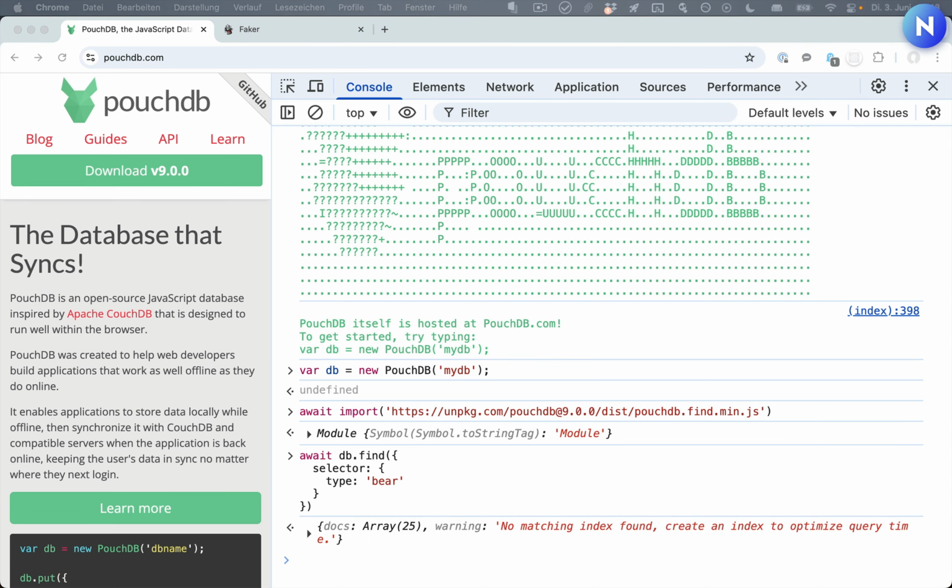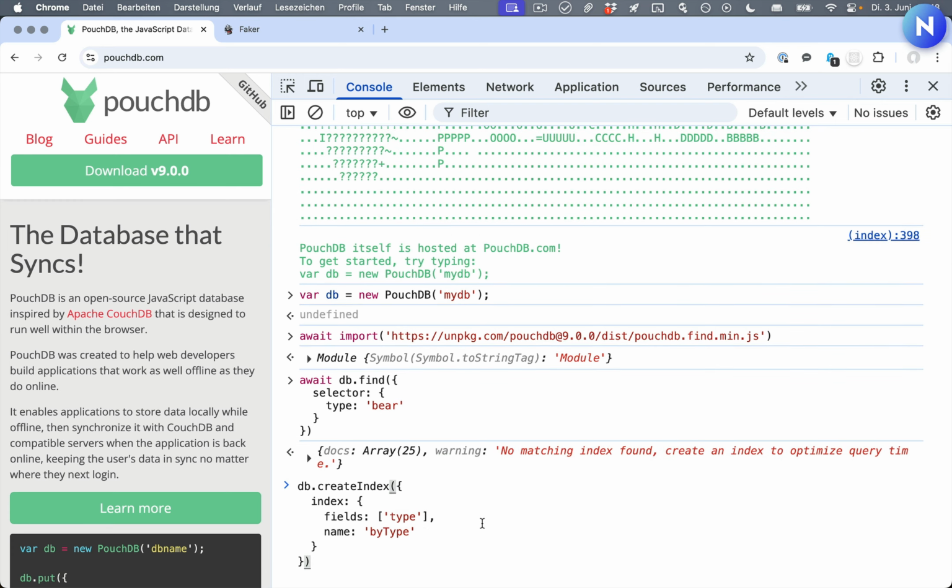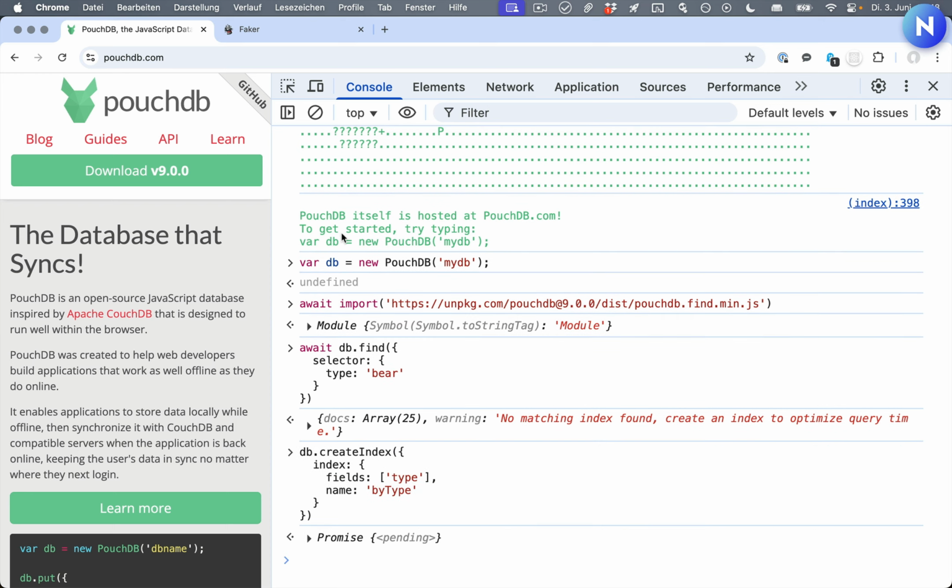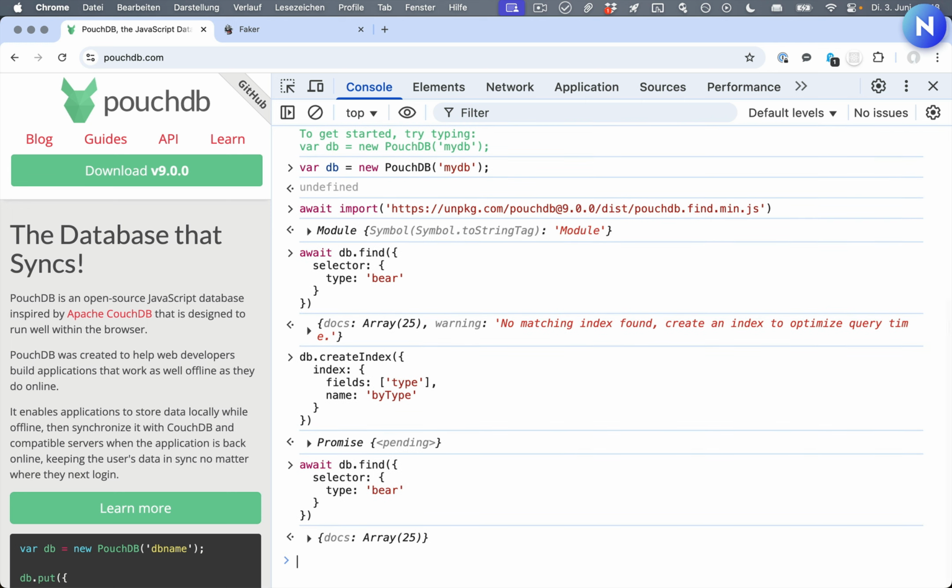Fortunately, creating an index is really easy. There's now also a createIndex method on DB. This only really requires you to do one thing, which is pass in an array of fields you want to index by. The name is entirely optional, but we always recommend giving indexes a name. It just makes sorting things out later when you're trying to figure out which query is using which index a lot easier. So let's create the index and fire off our query again. And now we can see that the warning has gone. If we did some very precise performance testing, we would probably also see that this is now faster, but with the small number of documents we have, that doesn't really make a big difference.